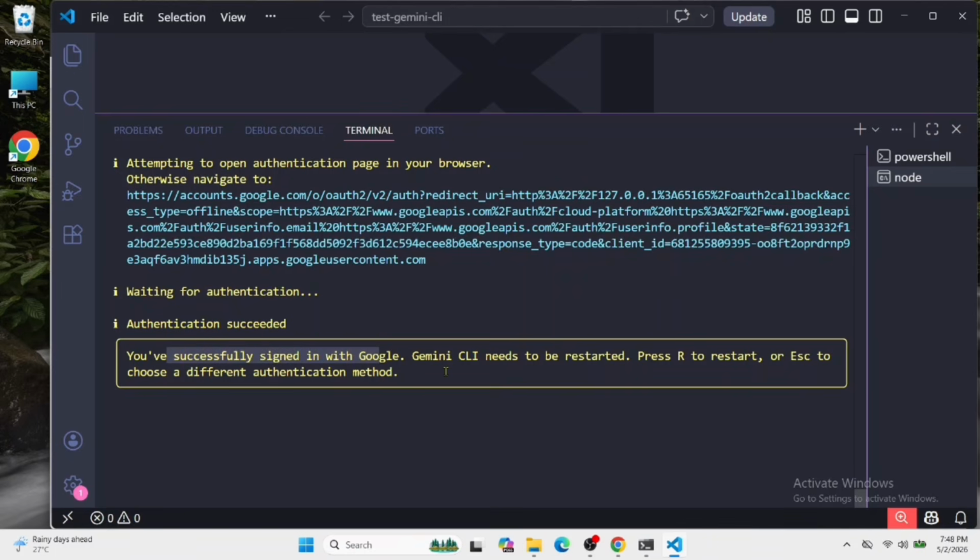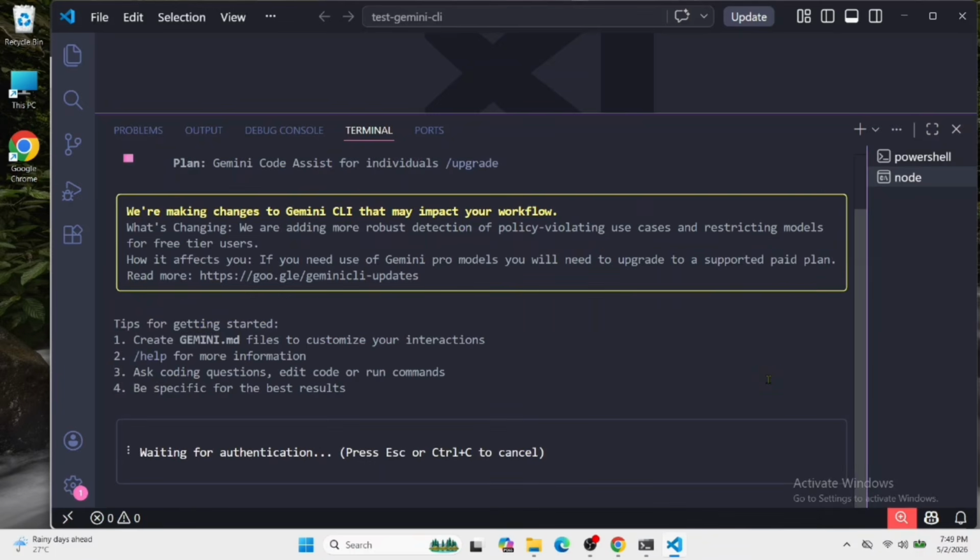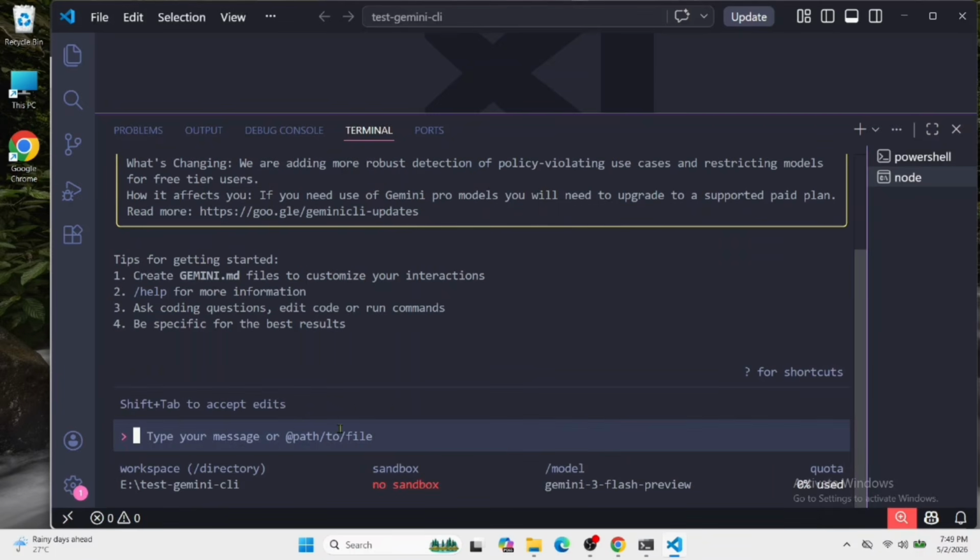So Gemini CLI needs to restart. Press R to restart. Okay, so you can simply press R. Now you can see you will have this interface. So right now you are able to use Gemini CLI